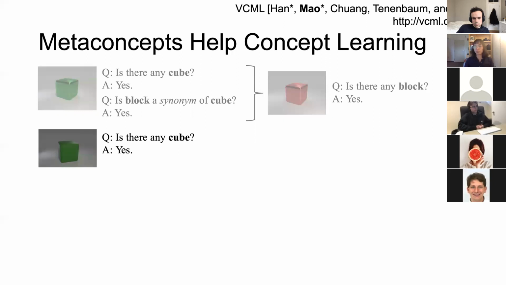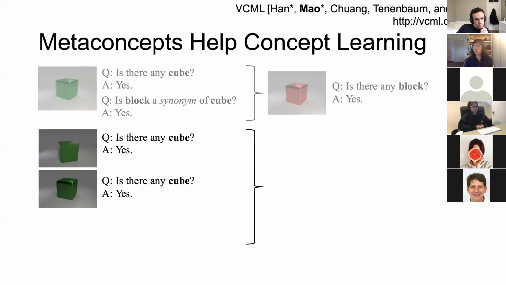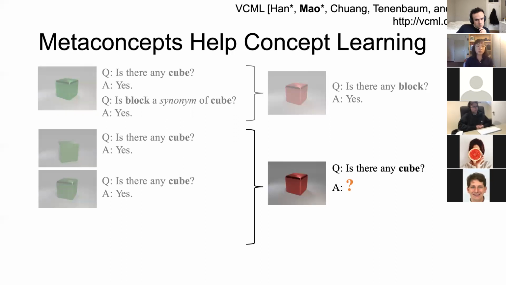Another example is shown as the following. Is there any cube? And the answer is yes. Now I show you another example of a cube, and I ask you the following question: is there any cube in the image on the right? The answer here is actually ambiguous, because just looking at these two given examples of cubes, they are both greenish cubic objects. The word cube might mean the color green, or the shape cube, or probably just all green cubes. So this is an intrinsic ambiguity.